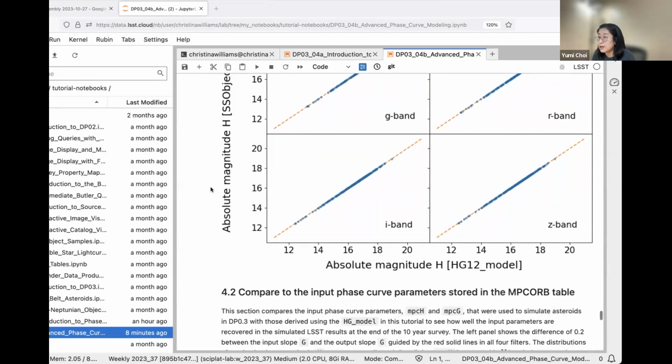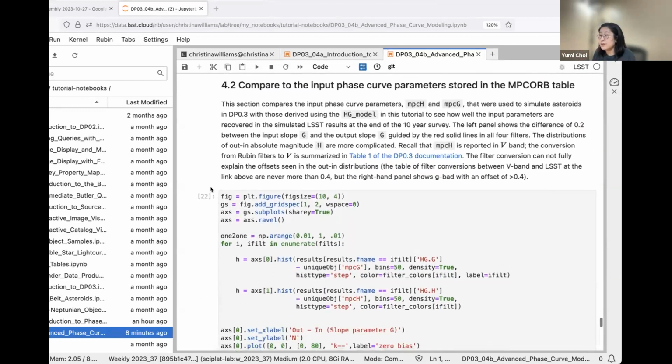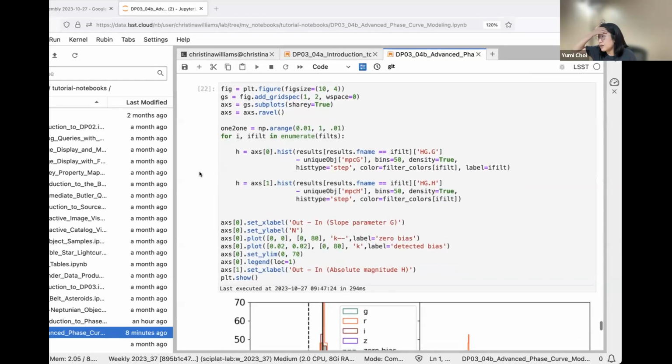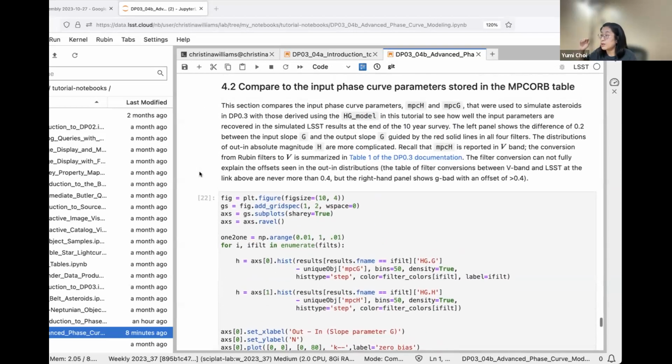Next, we compare the derived HG model parameters with the input MPCORB table values. To remind you, the HG model parameters were stored in the MPCORB table, and those values were used to simulate the DP0.3 Rubin observations.